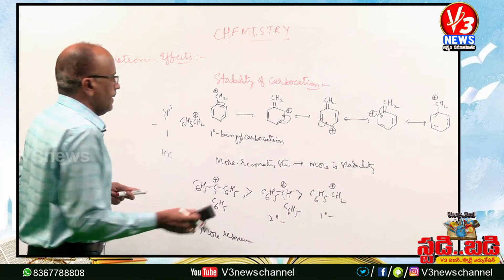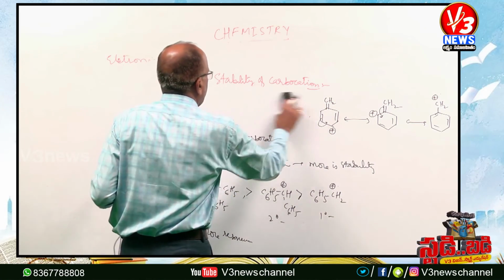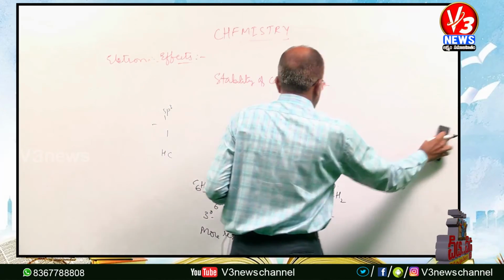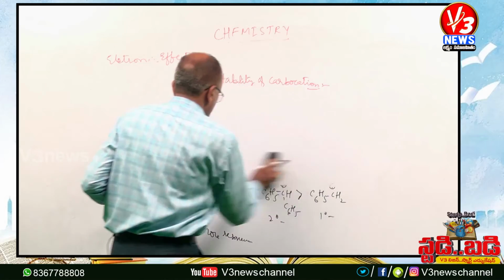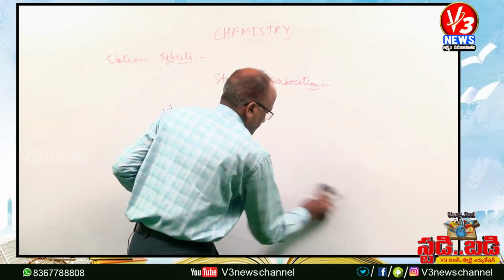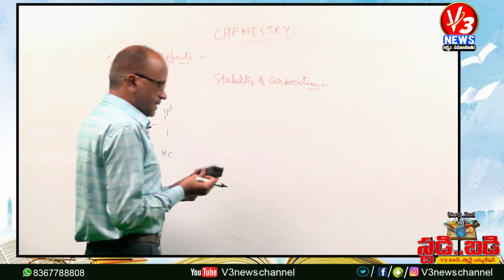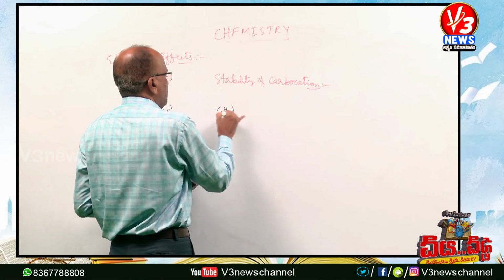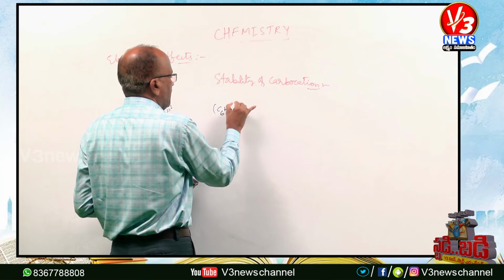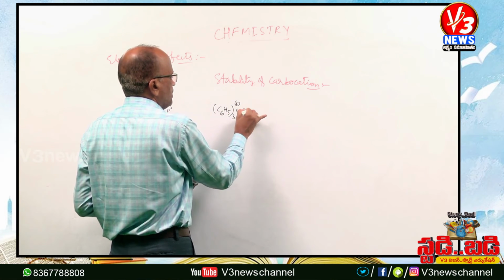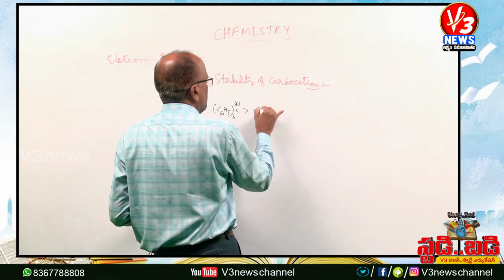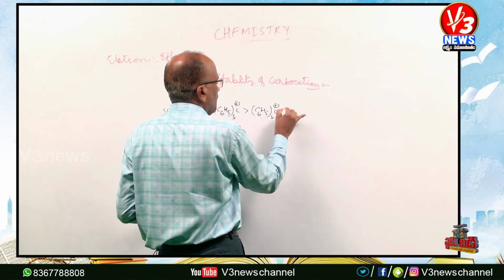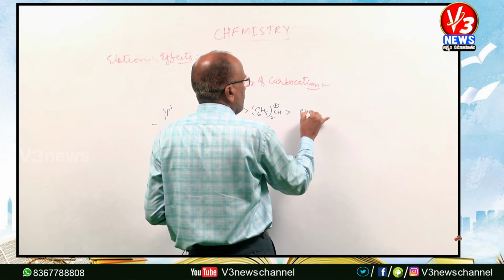Now, coming to the general stability order of this: a tertiary benzyl carbocation is more stable than secondary benzyl carbocation, which is more stable than